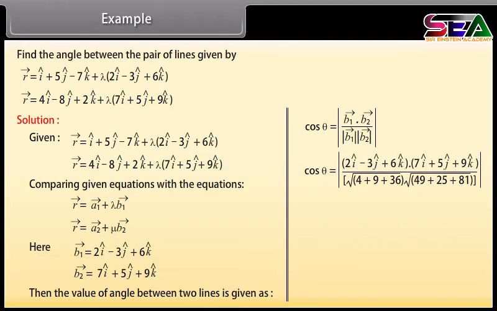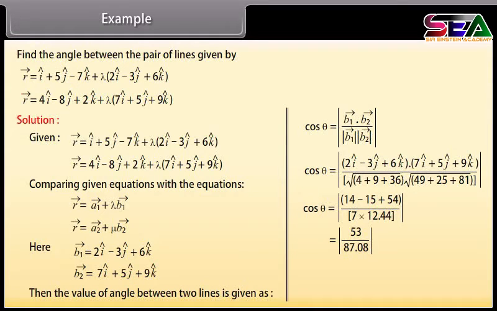Cos theta equals modulus of the dot product of (2i minus 3j plus 6k) and (7i plus 5j plus 9k) divided by the square root of (4 plus 9 plus 36) into the square root of (49 plus 25 plus 81). Cos theta equals modulus of (14 minus 15 plus 54) divided by 7 into 12.44, which equals modulus of 53 by